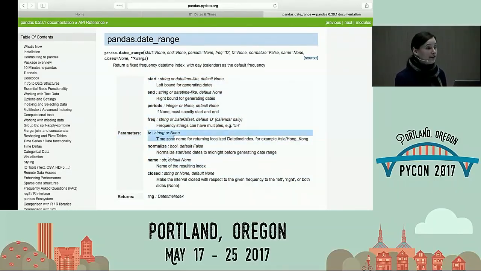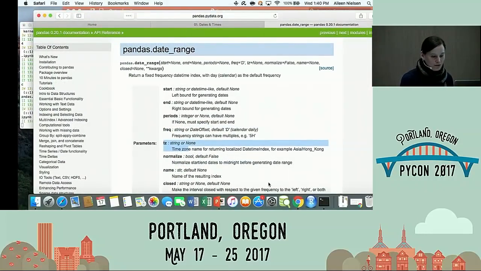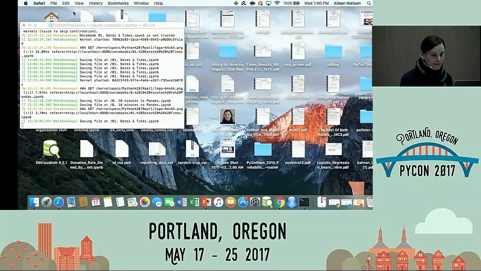And this one's also nice, time zone. I don't know how many folks have worked with time data in the past. Time zones are a huge pain in the butt. And let's also remember daylight savings, which has to do with time zones. Pandas takes care of all of that, and we'll see a bit more of that later. But it's just really beautiful as far as how effortless it can be once you get comfortable with the API.